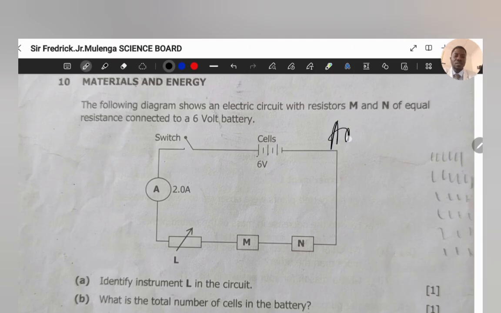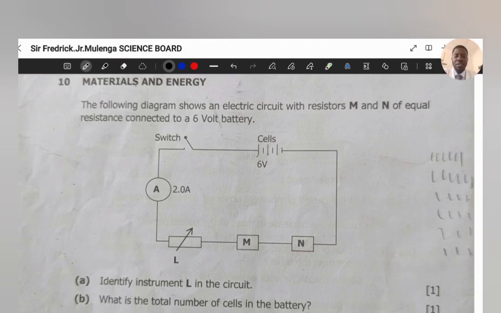From this word we get a capital letter A. So every time you calculate current, you put capital letter A. Don't forget, I know some of you when you are fast you forget to put the SI unit, but it's very much important in science and physics. We really need these two, because we can't know what you've calculated if it will be mangoes or lemons. So for you to indicate the correct SI unit of a physical quantity, you need to put the